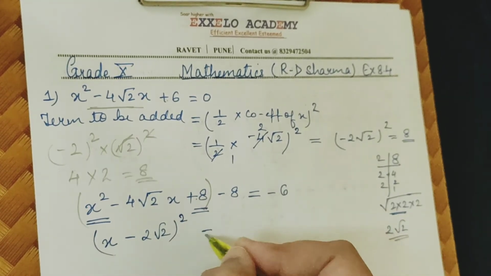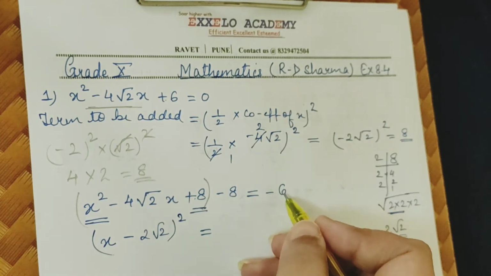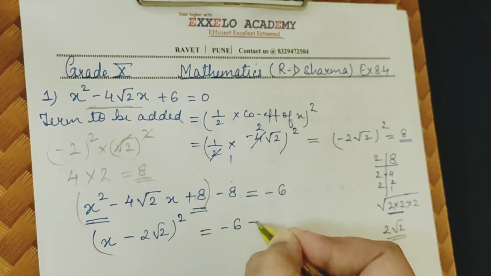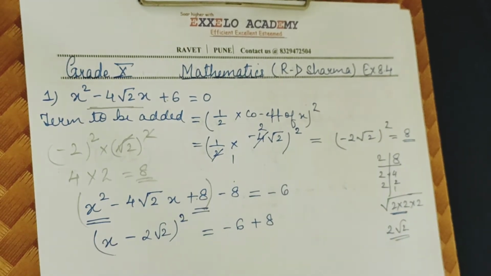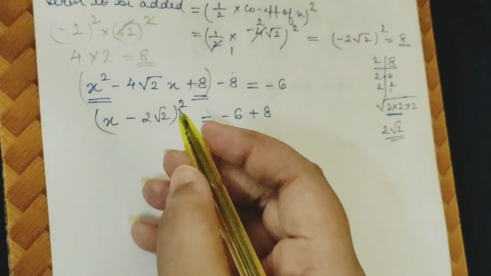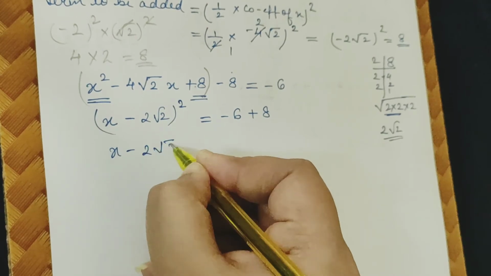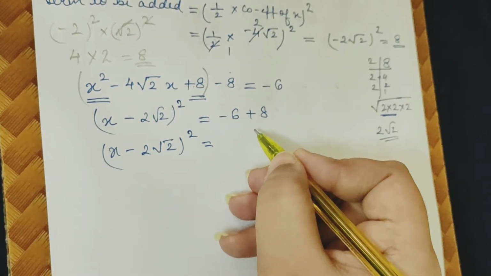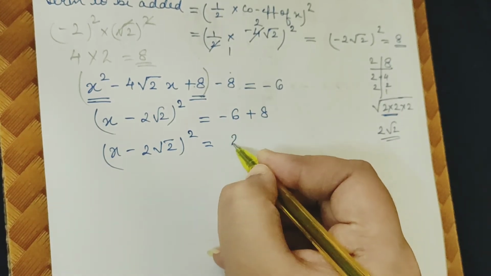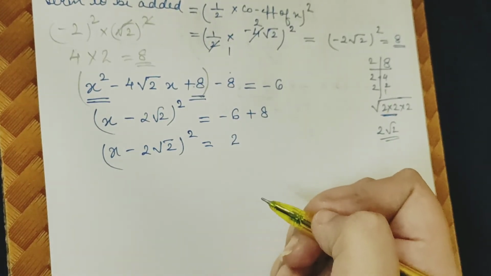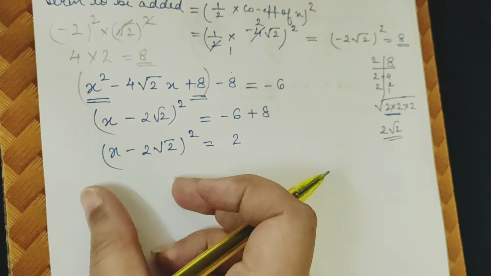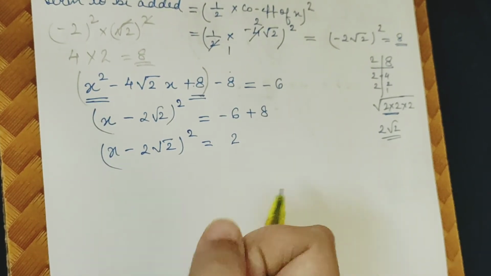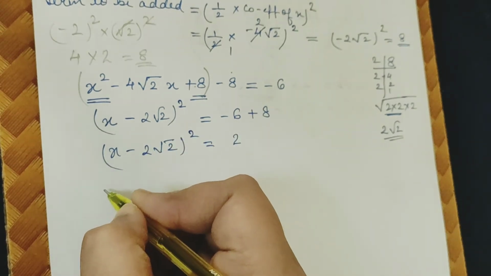As the second step says, all the constants go to the right hand side, so minus 6 is already on the right hand side, transpose minus 8 as well, so it will become minus 6 plus 8, right? So now here you will get x minus 2 root 2 bracket square equals to minus 8 minus 6 is 2, the sign of the greater number will remain plus. Now here as we have got the square on the left hand side, we have completed the square on the left hand side. Now we will take square root on both sides.